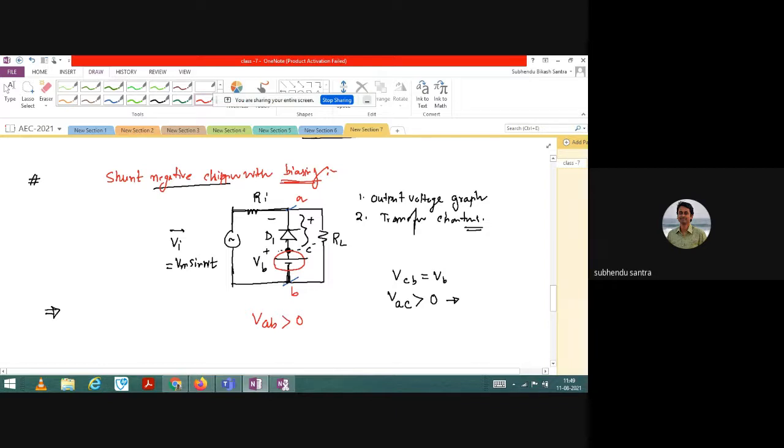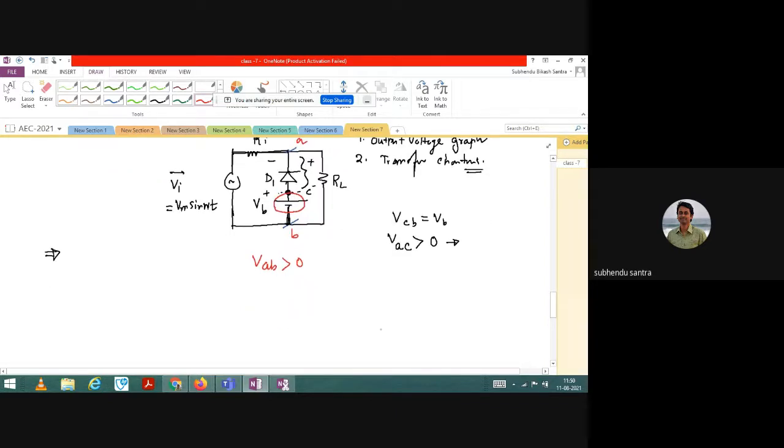Okay, so now you have to follow the same procedure. Just take RI and RL, and I will not change any procedure. So this is the VI. Let us say that it is fully reverse biased. I do not know. Just forget about the branch, remove it and find out the voltage VAB. You will get the same voltage. Let us assume that RI equals RL. In this condition, I can write VAB equals VM by 2 sine of omega t.